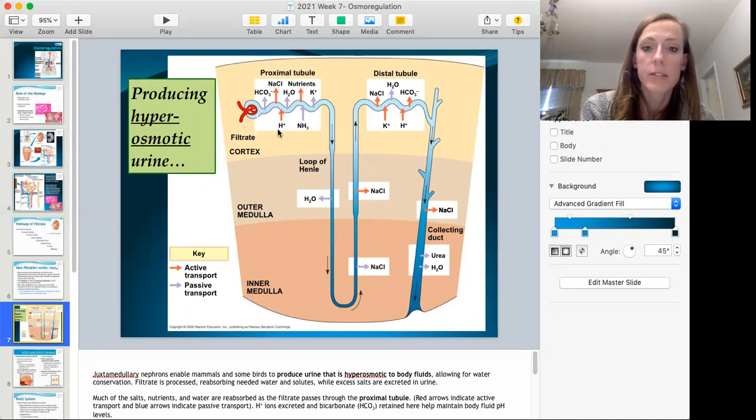And as we move further into the medulla of the kidney, the interstitial fluid, the solution surrounding the nephron, is getting increasingly osmotic,